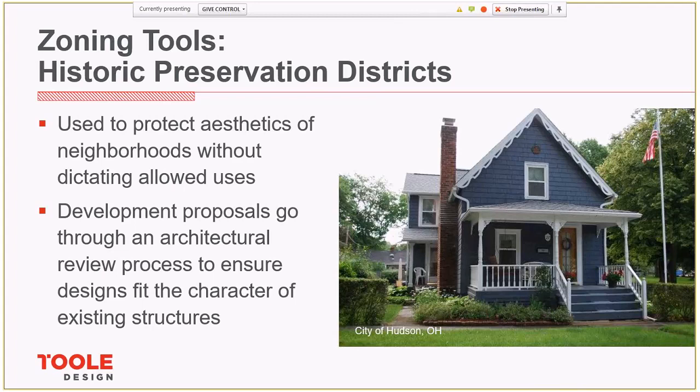Since communities don't necessarily need zoning to create a historic district, the way that a historic district is preserved is through a thorough review of any development applications. The review would look at the development's overall size, setbacks, architectural style, and proposed materials to help make sure that it was in keeping with the elements of the historic district.